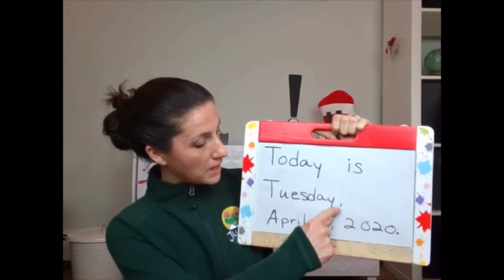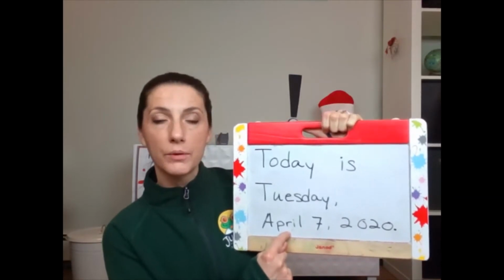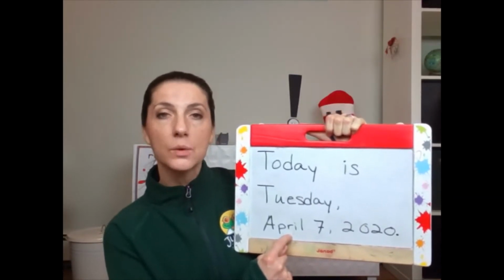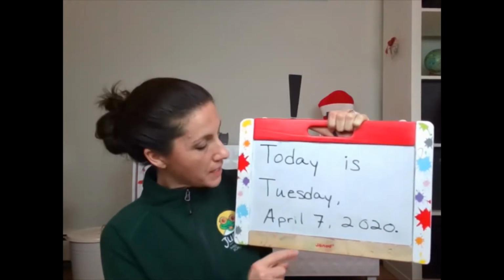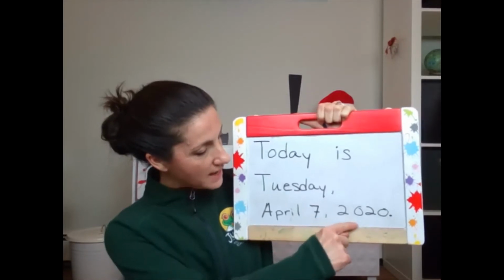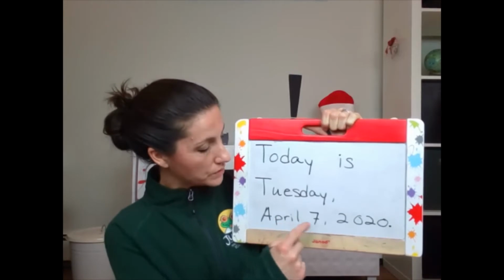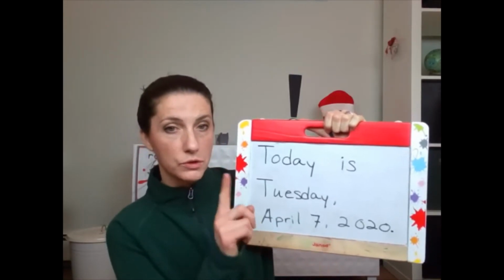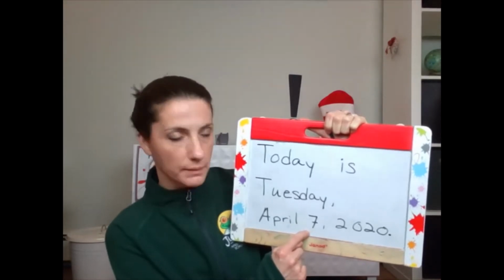Please remember that you put a comma between the two words, so between Tuesday and April, and they are both capital because in English, we capitalize days of the week and months of the year. In Spanish, you do not. And we put a comma between the number day and the year, right? So comma between date words, comma between numbers. We don't put a comma between a word and a number. That's the trick to remember.